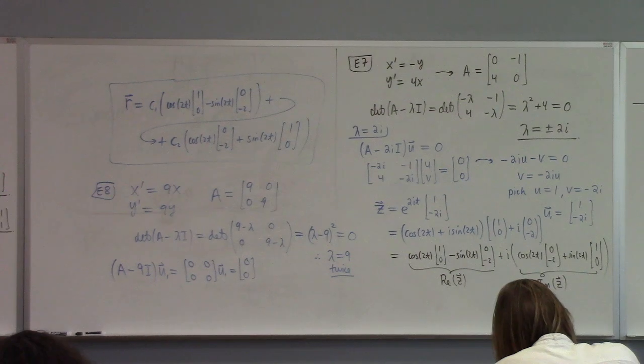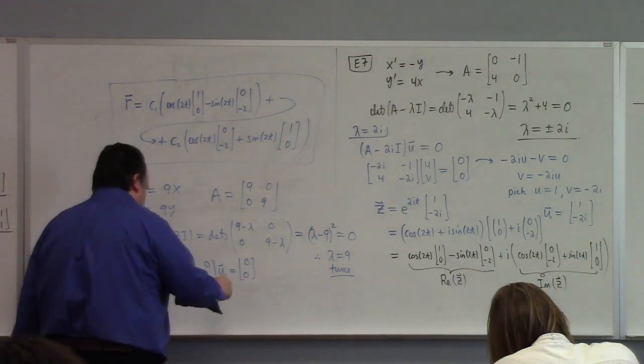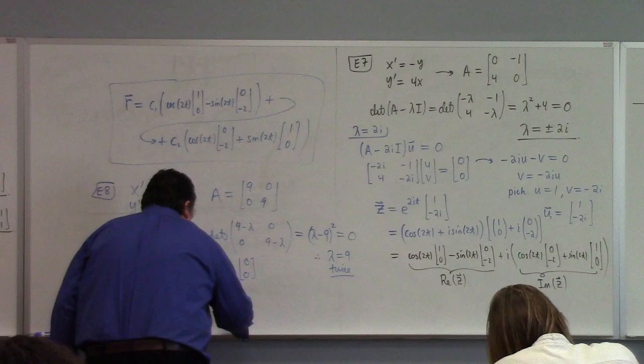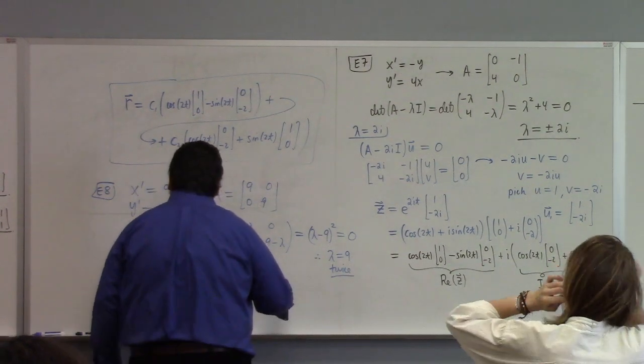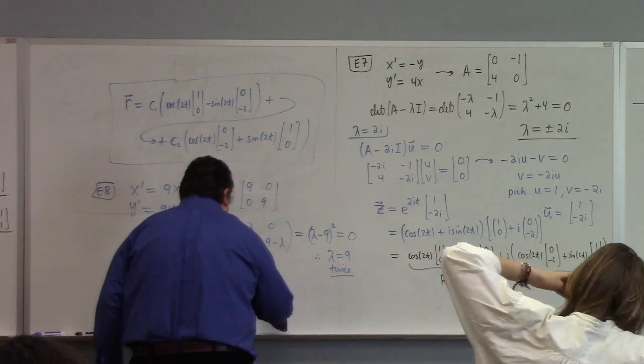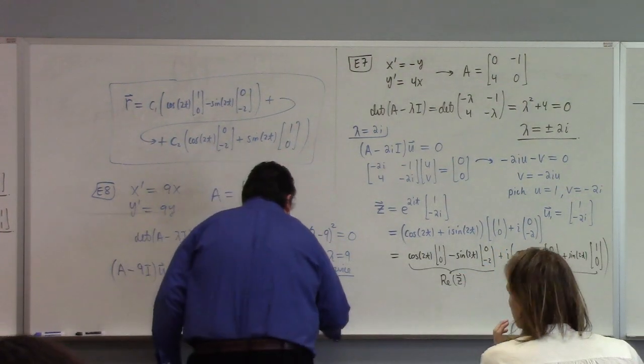Yes, this is a good answer. The answer is everything. We like everything except for one. We discriminate against the zero vector. Sorry. Is what it is. So yeah, the solution then, (x, y) is equal to like c1. I mean, here's the vectors I would usually use. I would do e^(9t) times (1, 0) plus c2 e^(9t)